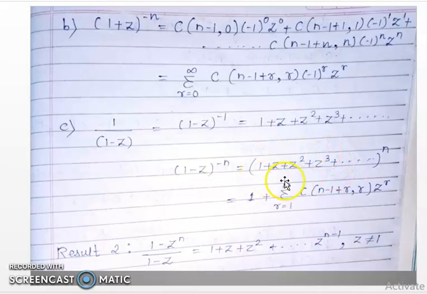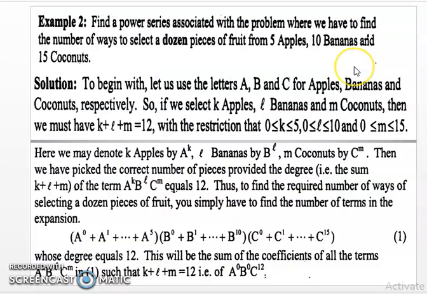In that total sequence of terms, we just get 1 plus the summation of r from 1 to infinity of combination (n minus 1 plus r, r) into z raised to power r. Then the last formula of the binomial theorem is: (1 minus z raised to power n) divided by (1 minus z) is equal to z raised to power 0 plus z raised to power 1 plus z raised to power 2 up to z raised to power n minus 1, where z is not equal to 1.